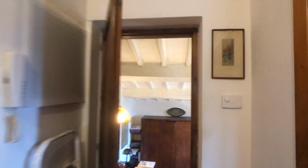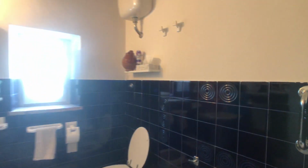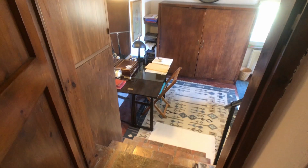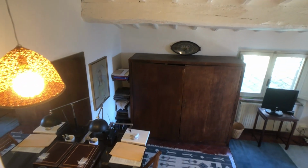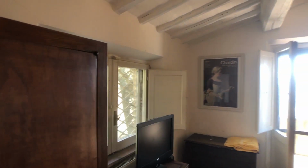I pull down here, and then you have a bathroom. God, it's got fantastic 70s tiles. If you buy this house, I'll buy the tiles if you want to update the bathroom. Okay. And then you go down here, which is 1, 2, 3, 4 steps. I see it's got a handrail which is put on as an addition, and you go into bedroom 3. This house has 3 bedrooms,